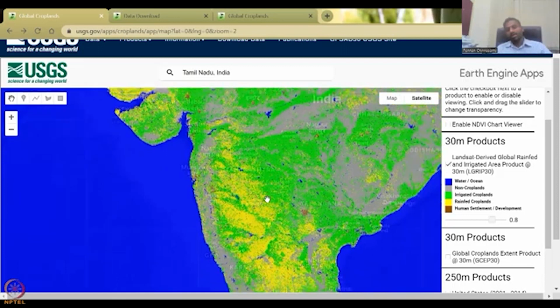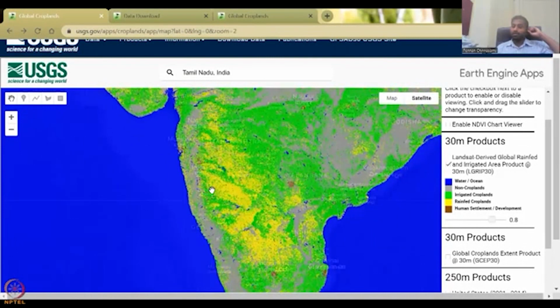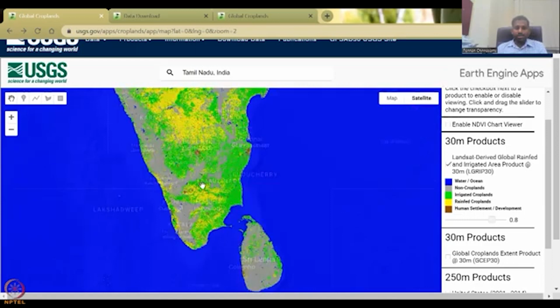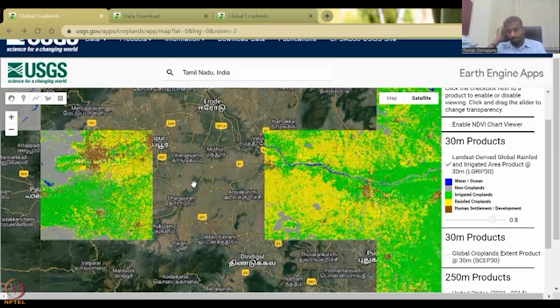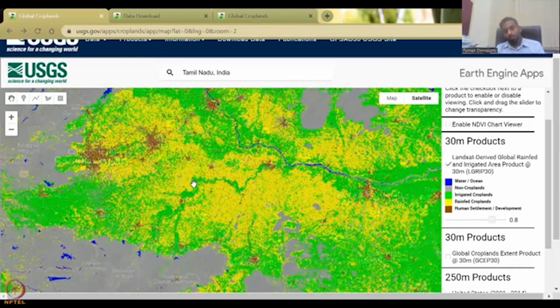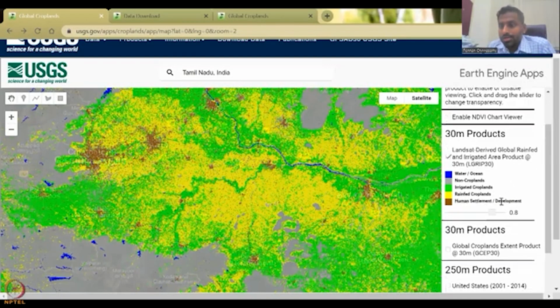And so there's a need for building climate change resilient crops. Whereas here you see some in the western side, some regions are rain fed, like Coimbatore and so on, but they get more rainfall also because of some rainfall coming from the Western Ghats. Okay, so this is your rainfed areas in yellow, and then your irrigated croplands in green, and then this